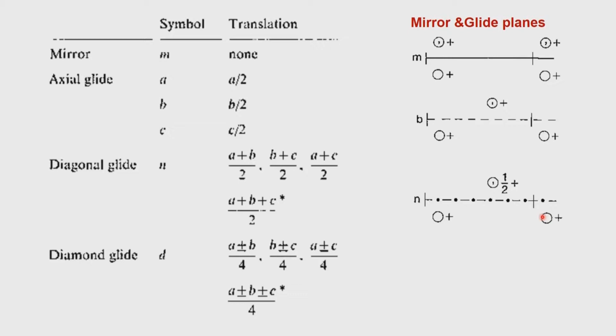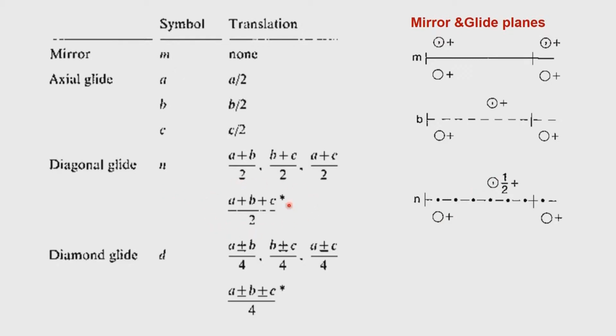But if we go to orthorhombic and higher systems, we do have all the possibilities of A, B and C. The only thing we should remember is the B glide cannot be perpendicular to the B axis, okay, and the A glide cannot be perpendicular to the A axis, the C glide cannot be perpendicular to the C axis. There is a special case of A plus C by 2 which is indicated with a star here, that will occur only in cubic systems, and probably it can occur in rhombohedral systems as well.